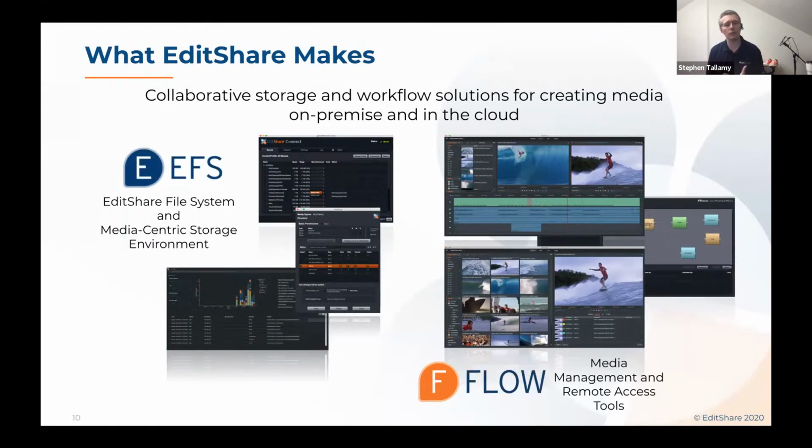And when I say 2.5 things, the half is really our APIs. And this is really part of one of our fundamental core values with EditShare, that ruthlessly open approach. We want to enable the best workflows that are out there. We believe that Blackbird is the best way of editing video inside of a browser environment and for these types of environments. So we really want to enable the best of breed tools that are out there. And this is really part of our philosophy. That's the 0.5 that we have in what we make.